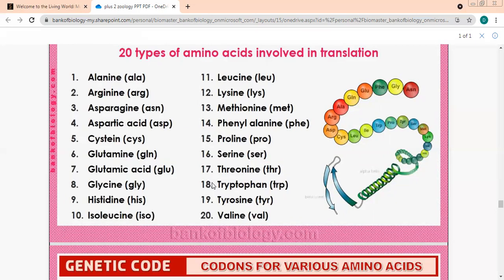Okay, can I have the name of the first four amino acids, the first box? Phenylalanine, leucine, and valine.